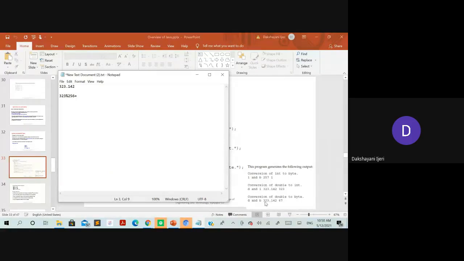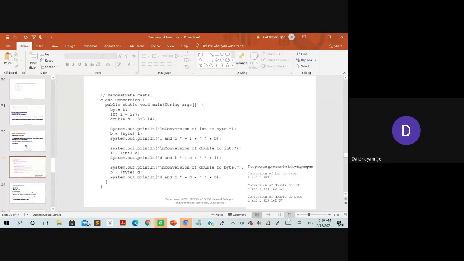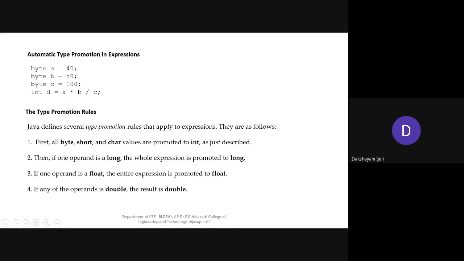So if you convert this double to the byte value, it is done in this procedure, which happens automatically when you do the type conversion, that is the casting. What is casting? Casting is what you have done already here, like this one: taking the destination type to which you want to convert, followed by the value which you want to convert. So is everyone clear with this example? I hope it is clear. Yes, ma'am. Okay, so let's continue.